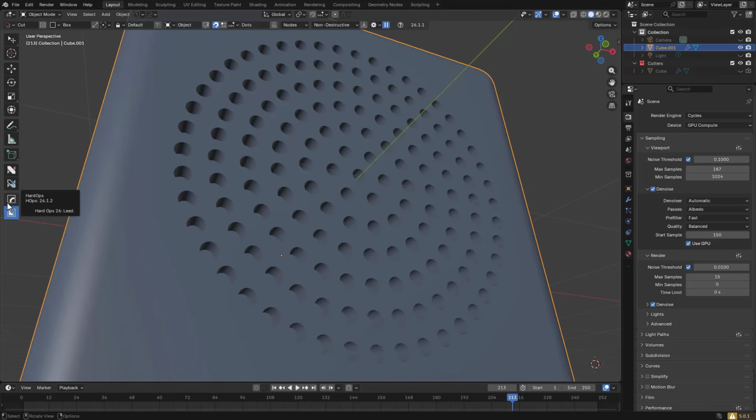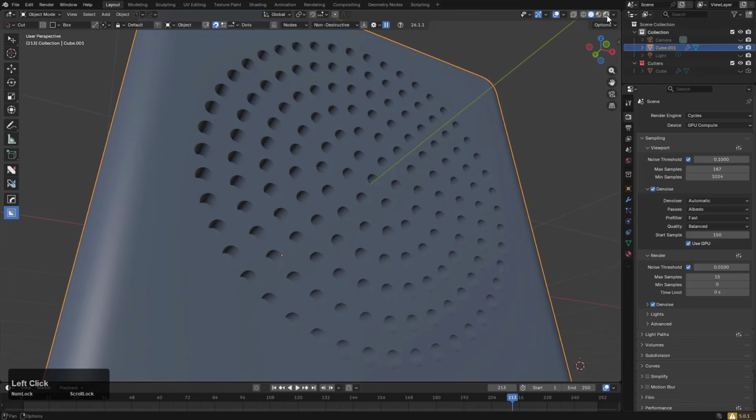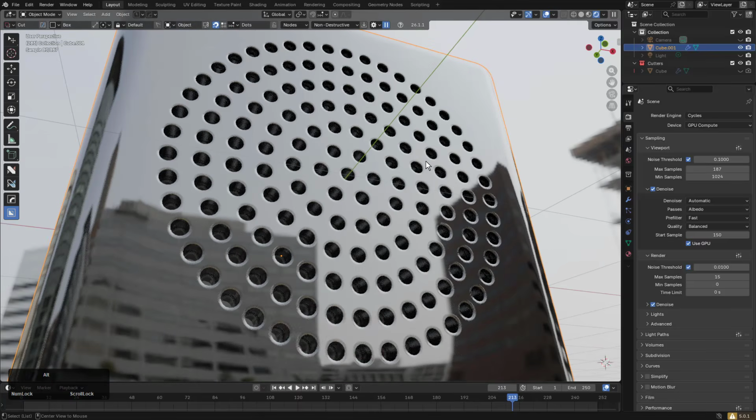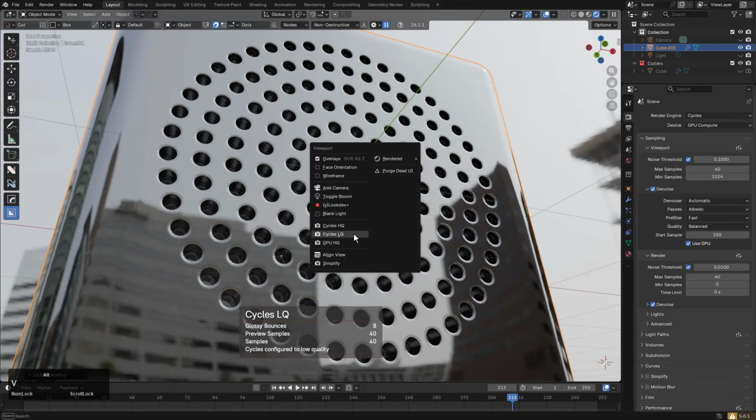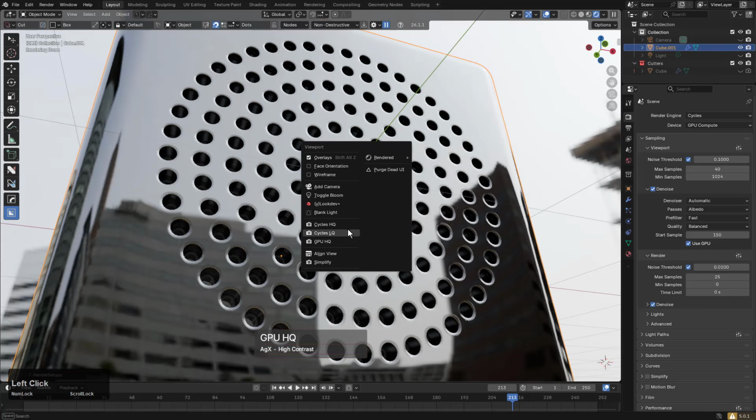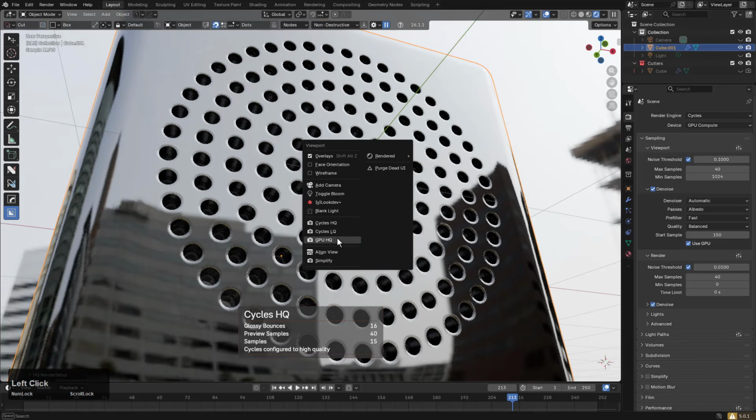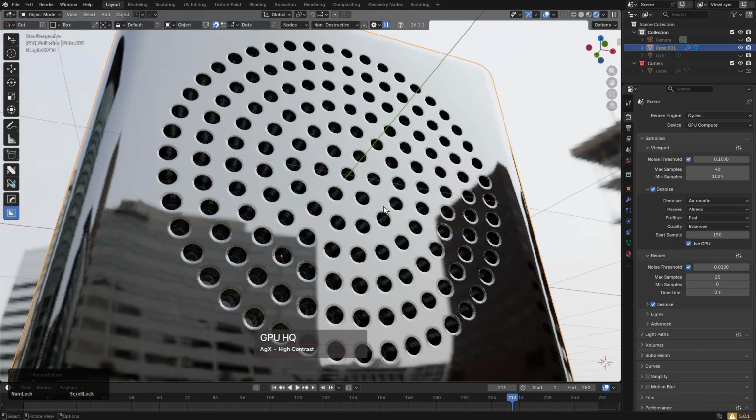Alright, so HardOps has been updated to 26.1.2, and in this version, if you are working in Eevee, or if you're working in Cycles, and you press Alt V and you go through Eevee LQ, HQ, or GPU HQ, there will no longer be an error whenever you're using 5.0. So that's been resolved and has been pushed to all the markets,